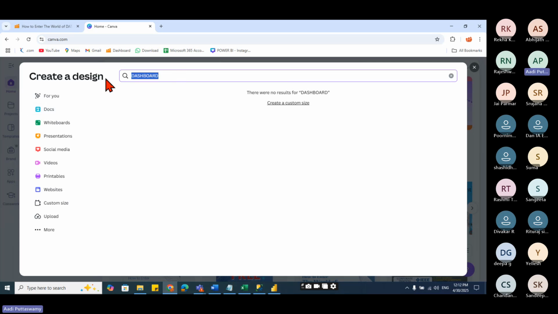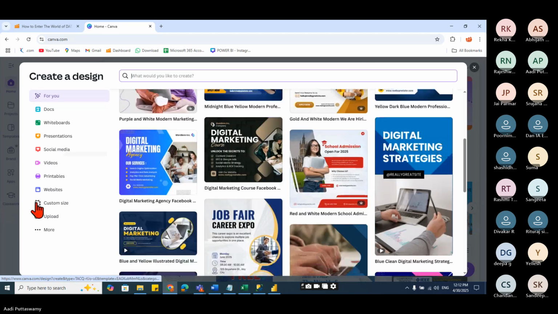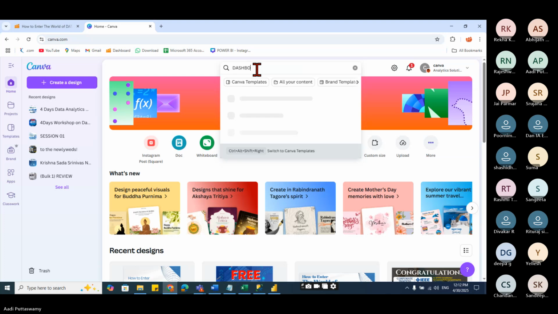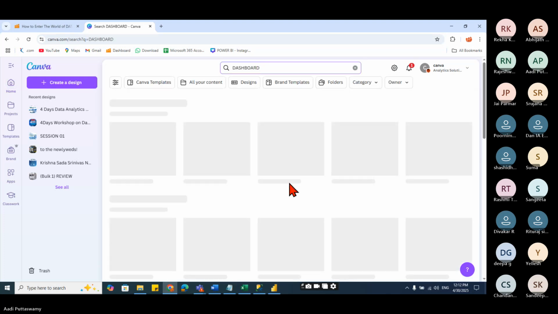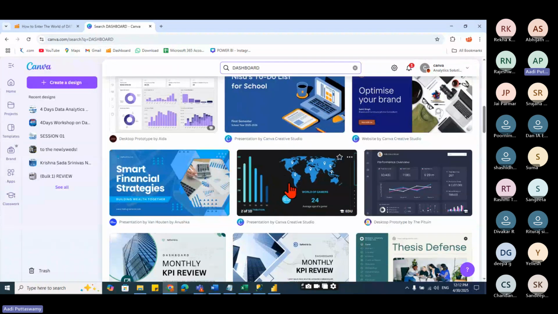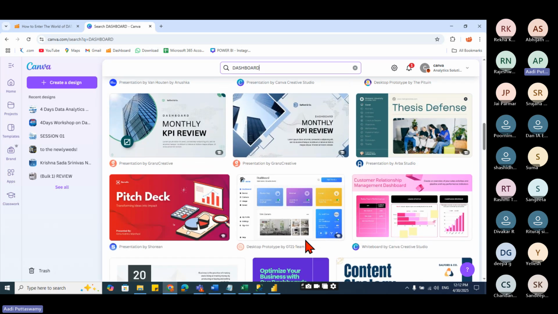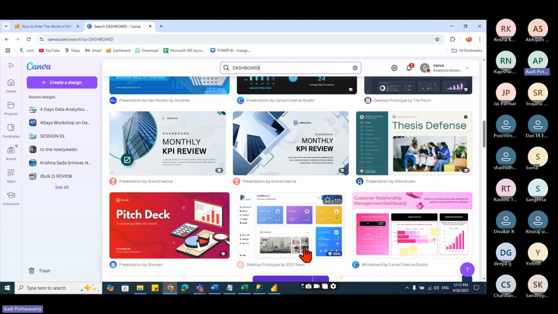Oh, okay. I will do one thing directly. I'll go here, I'll say dashboard. Right. So here you can see there are so many dashboards, and we can create the dashboards based on this layout. How to do that? Let me just go here and try to find some dashboards and the layouts.